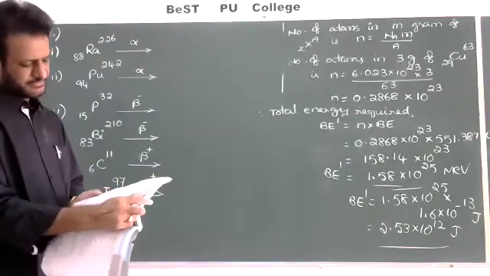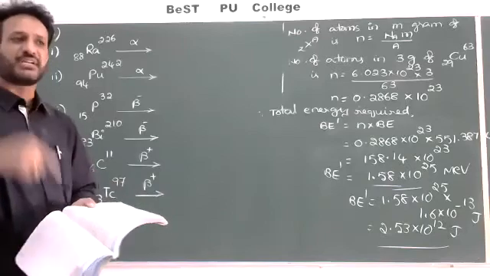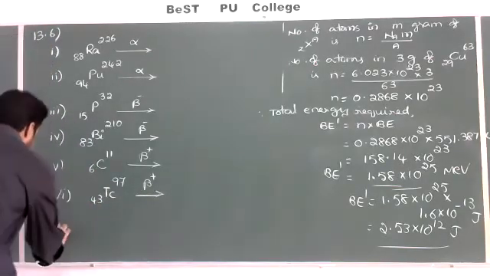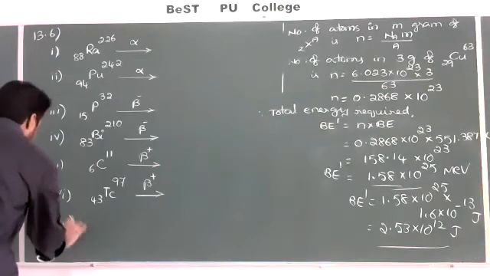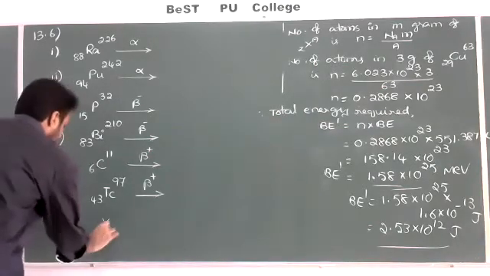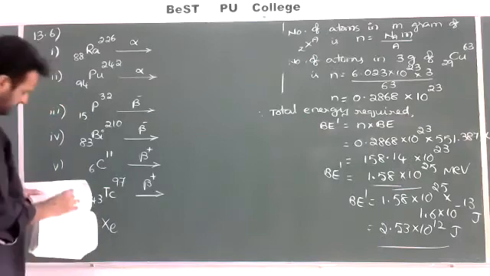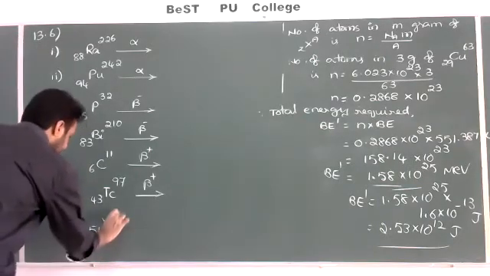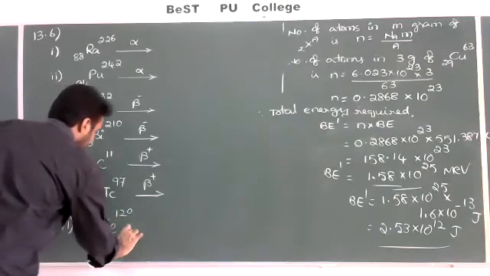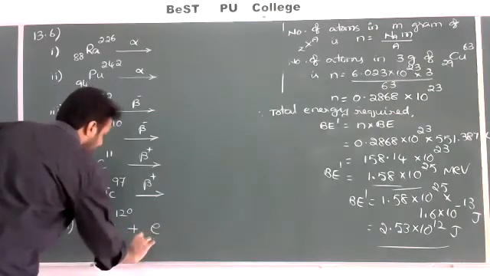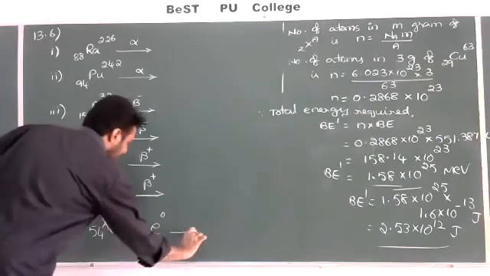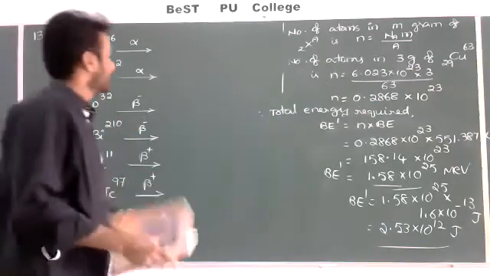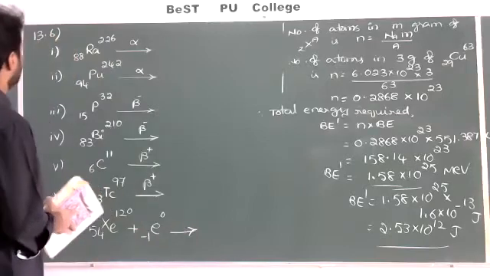And the last one, electron capture of xenon, correct? So seventh one, xenon with atomic number 54, mass number 120, it is electron capture, which means you should write -1 E 0, then what will we get? So note down the equations first and then, equation-wise, you have to complete them.